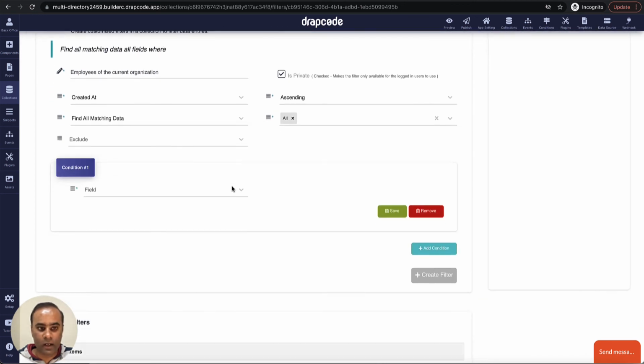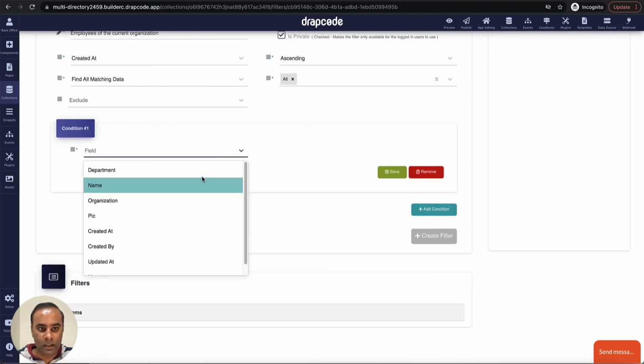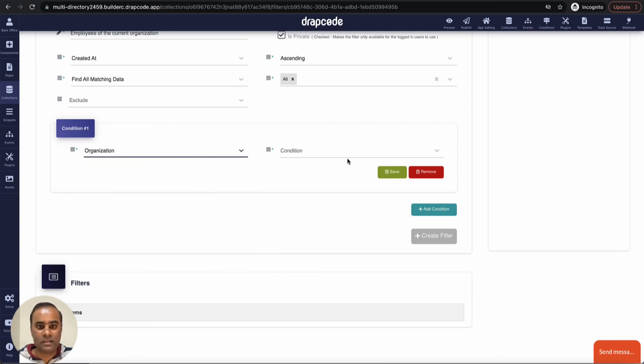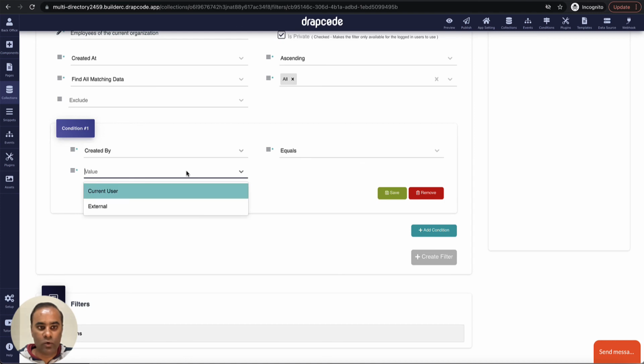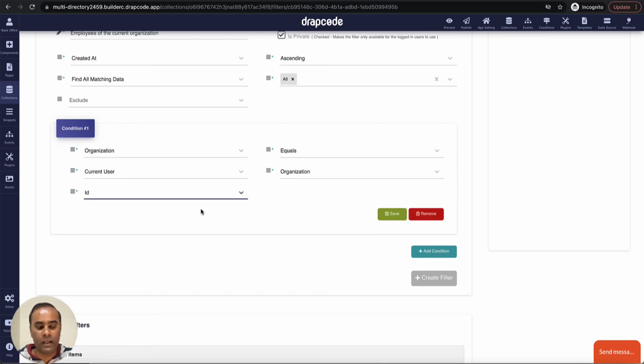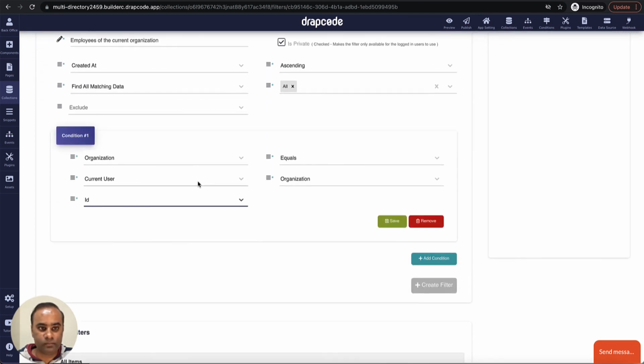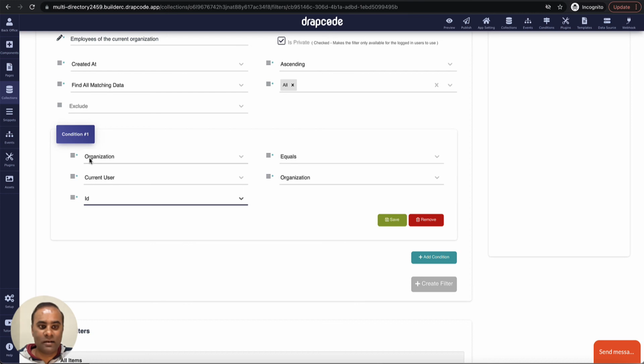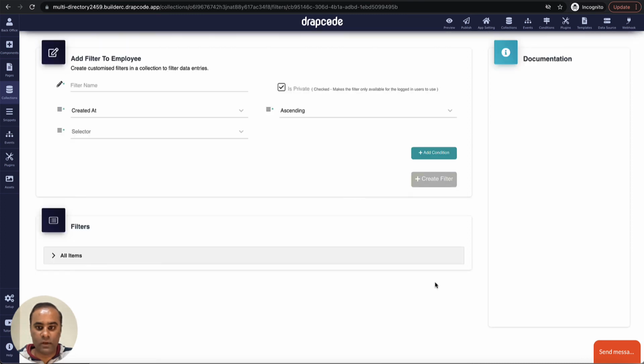Now let's add the condition. The condition will be give me the employees where organization is equal to current user organization. Let's say ID. So now what we are saying is, give me the employees which have the organization which is equal to current user organization. I'll save the condition and create the filter.